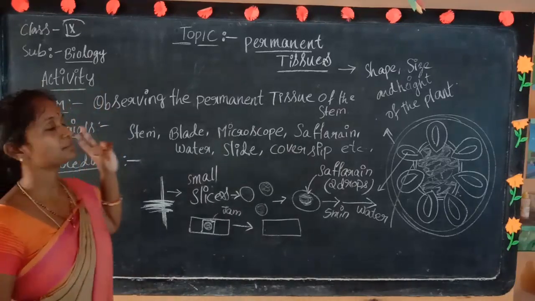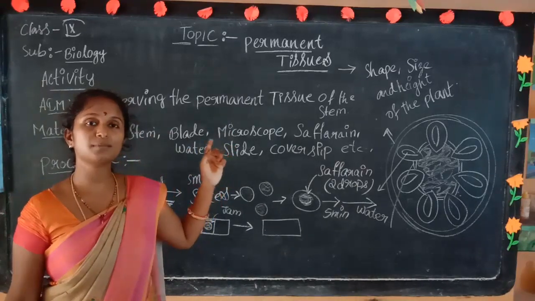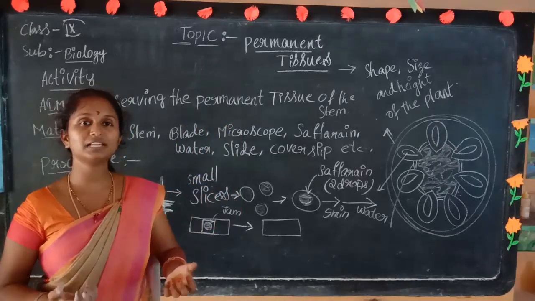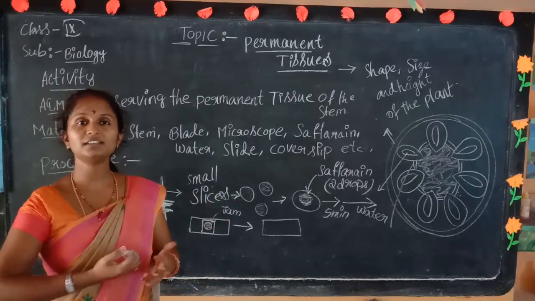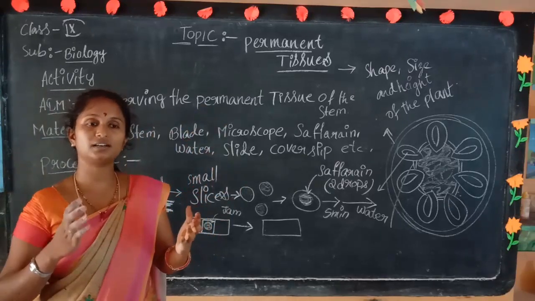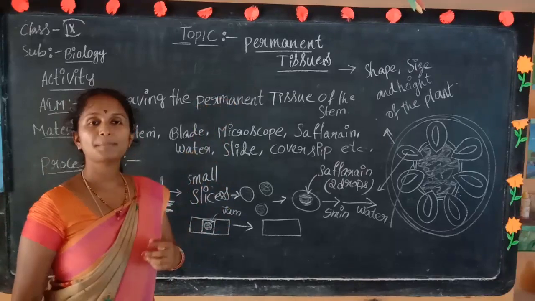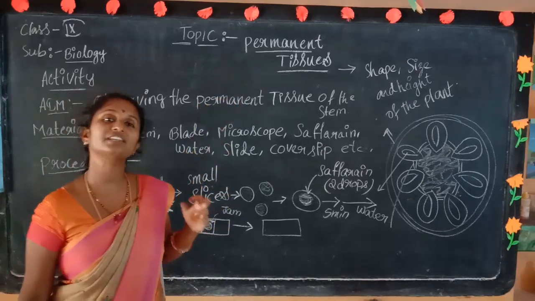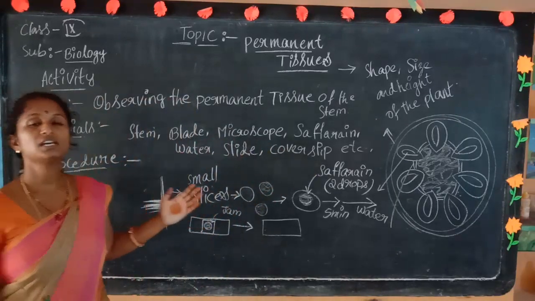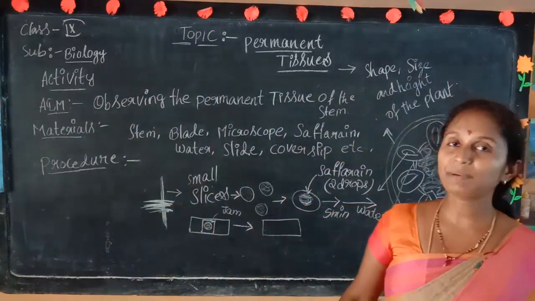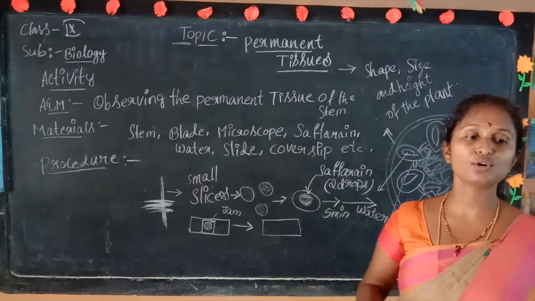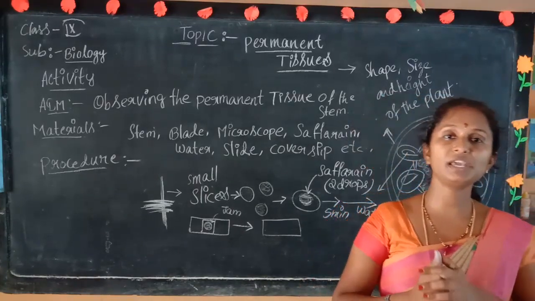In the last class we discussed meristematic tissues, which help to increase the width, size and length of the plant, and the root size also is increased. When the meristematic tissues keep on aging, they turn into permanent tissues, and the permanent tissues have differentiated types of cells. The permanent tissues have epidermis, collenchyma, sclerenchyma, and vascular bundle, xylem, phloem, and the pith of the plant.